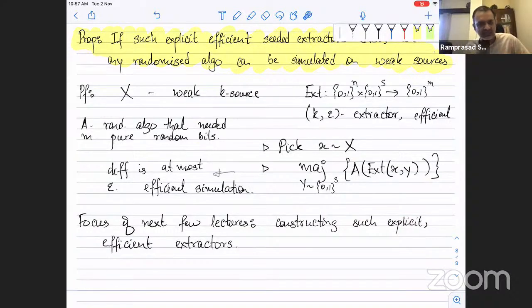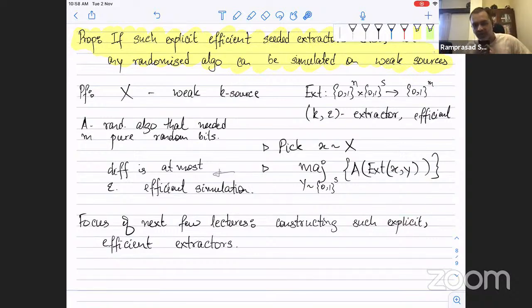Do expander walks have extractor-like properties? And somewhere in the course, we'll also see, we came up with some constructions of PRGs using hard functions. Do those things also give you extractors? It turns out the answer to all of these questions will be yes, except they will all work for slightly different parameter settings. And eventually we'll put them all together to get the extractor, the dream extractor that we wanted,